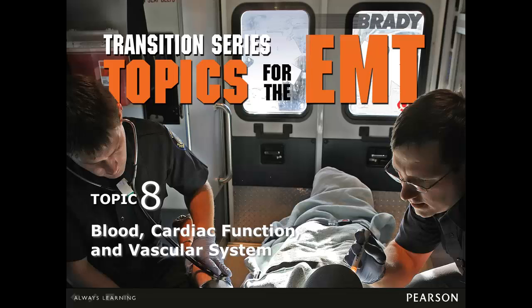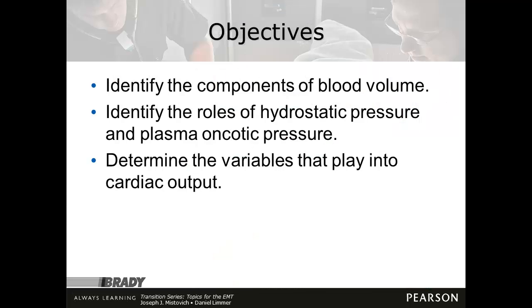This is the Transition Series Topics for the EMT, Topic 8, Blood, Cardiac Function, and the Vascular System. Our objectives are to identify the components of blood volume,